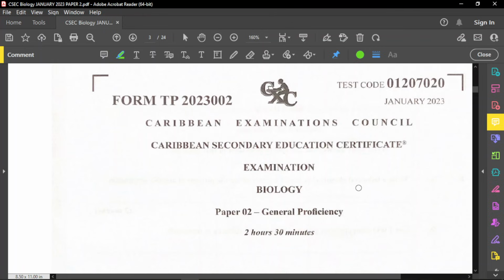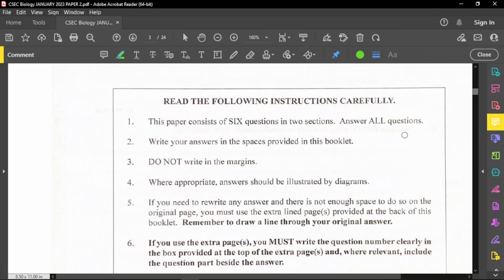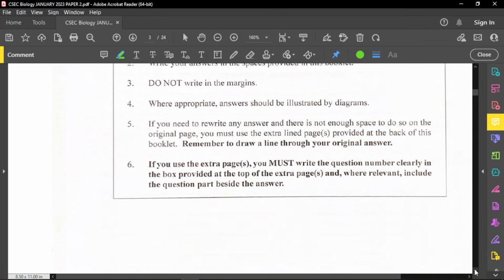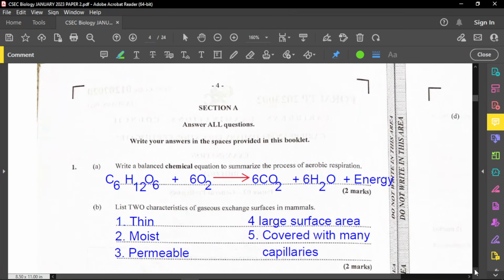And so this paper is, as I mentioned, a biology paper. It's a paper 2, in fact, and it's from January 2023. All right, so let me just quickly jump through, and I want to go through as quickly as possible. But before I go through it, remember to read through the instructions. And if you have any questions or queries, please clarify them with the examiner. All right, and for section A,